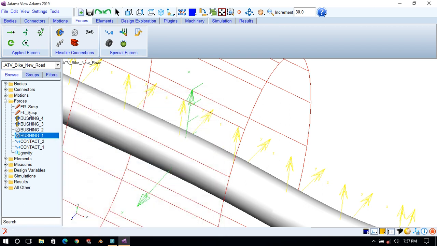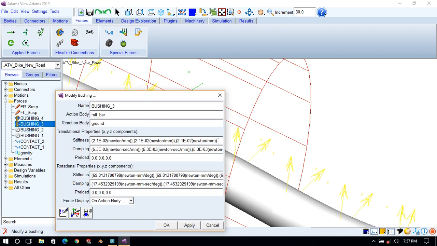So go to the bushing. Here we'll see the unit of stiffness and unit of damping for translational and rotational properties.